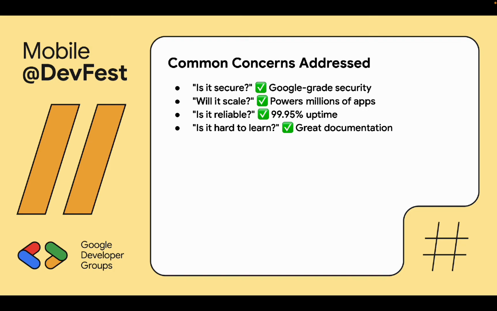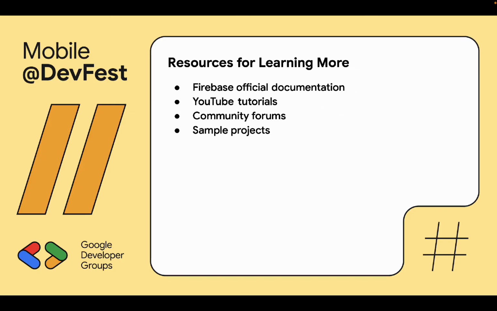Instead of building a database, you can just easily consume a one-liner thing, and you can scale from this particular point. Now, resources for learning more: there is rich documentation for you to consume. Google has created YouTube tutorials in case you are stuck. There's a very large community forum in case you're implementing something and it's not working on your end. Sample projects: there are sample projects created by Google for you to follow,